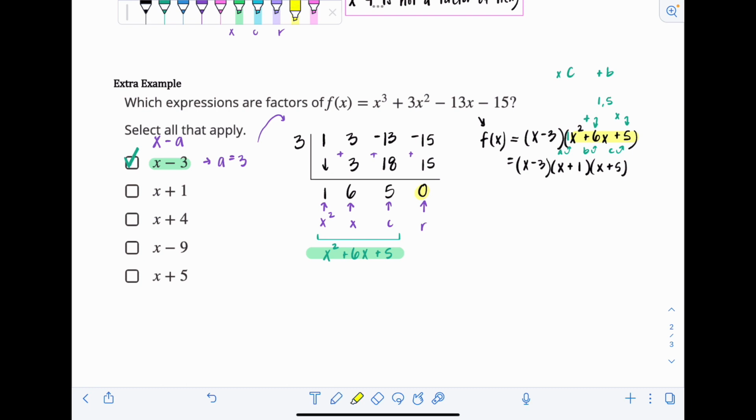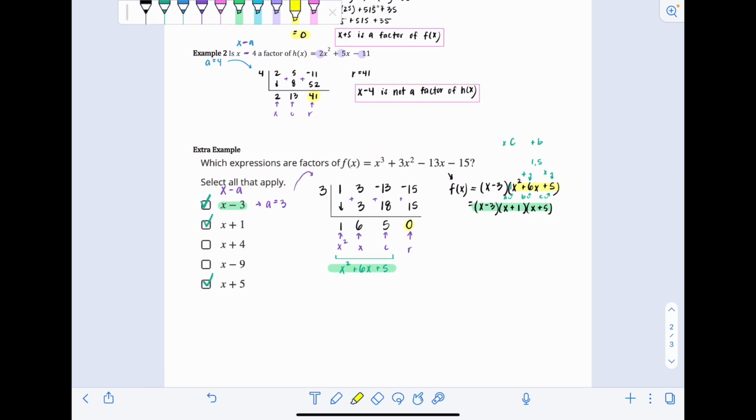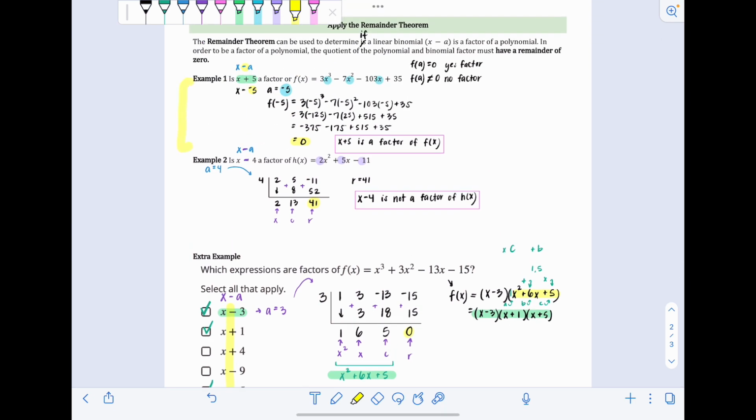Okay, so from x squared plus 6x plus 5, we can factor that whichever way we feel most comfortable factoring. It's just a quadratic, but that gives us the remaining two factors. So altogether, the three factors of this function are x minus 3, we already have that one checked, x plus 1, we can check that one, and then x plus 5, we can check that one. Okay, so it's just a different approach of doing it. Because if I were to take each of these factors and find the a value for each of them and use this method up here, that would get really tedious really fast. So this is just a different